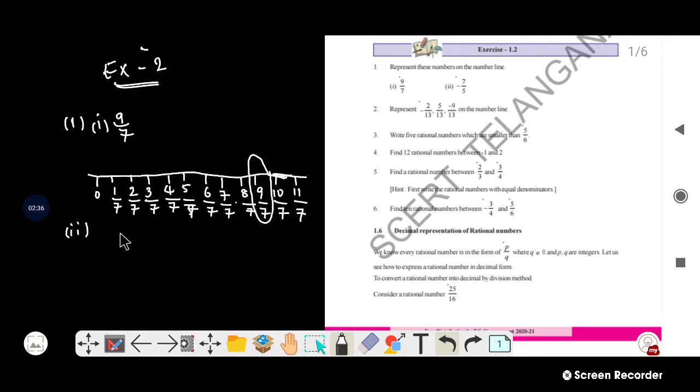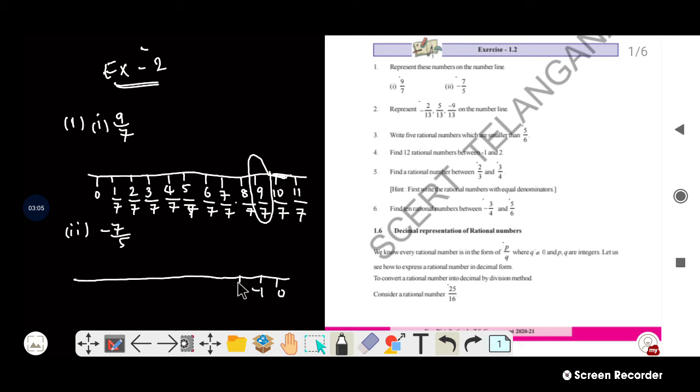So identify minus 7 by 5. Minus 7 by 5 I am showing on a number line. For that I am going to draw one horizontal line, a big number line. Now listen, minus values you can underline. So do one thing, you start from here, 0, and on the left side you can write